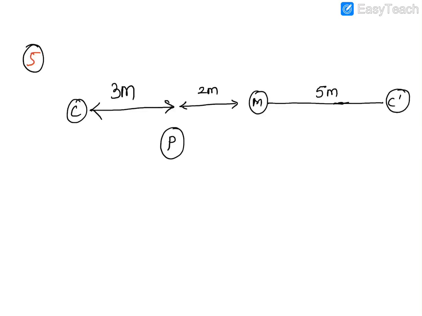Guys, now the question is, how much is the distance of the image, that is C dash, from P? Look properly, how much is this distance? It will be 7 meters. So that's your answer. That 7 meters is the distance. Clear? So you need to draw the diagram, and then you can write the statements in your own words and explain that the total distance is 7 meters.